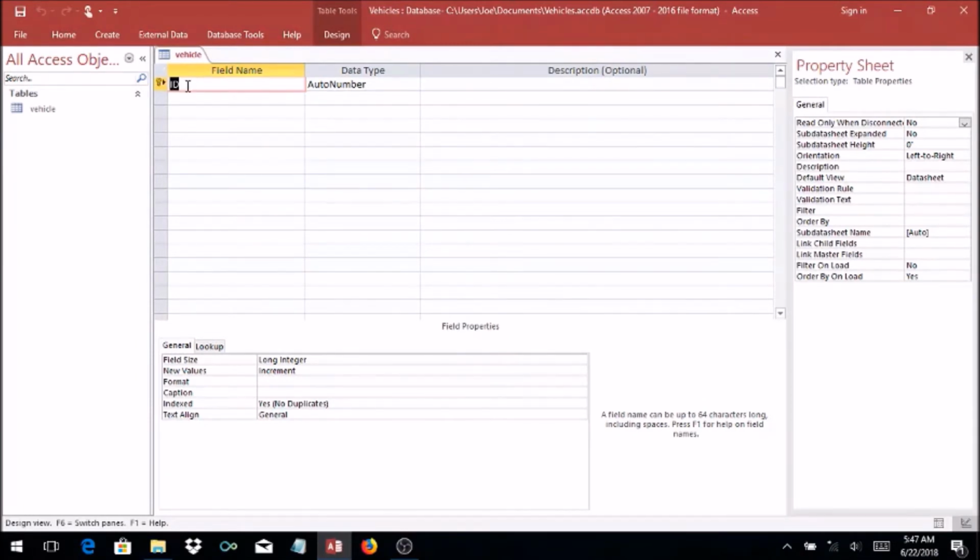We're going to call this item ID. And since we want Microsoft Access to create the item ID for us, and so it'll be unique for every row, we're just going to leave this for auto number. And I'm using the tab key to switch and go to the next field name. And then for the next, I had to write all this stuff down so I'd remember. Let's make this item name. And item name will just be a name